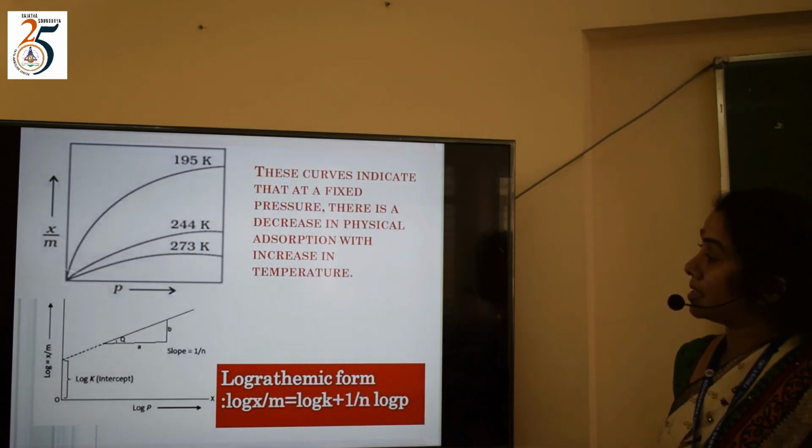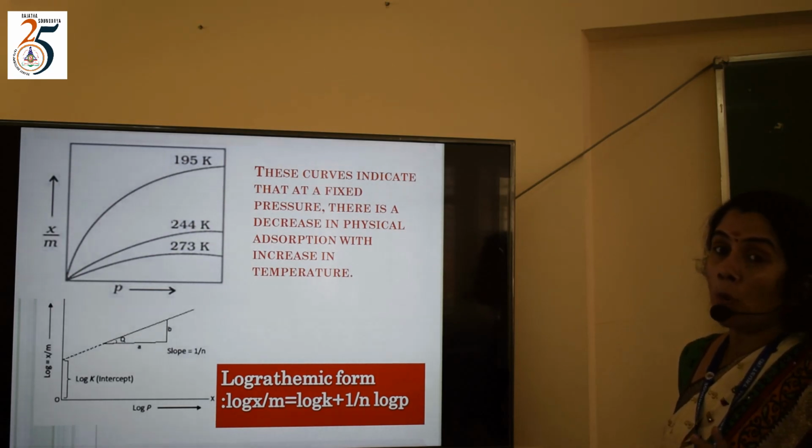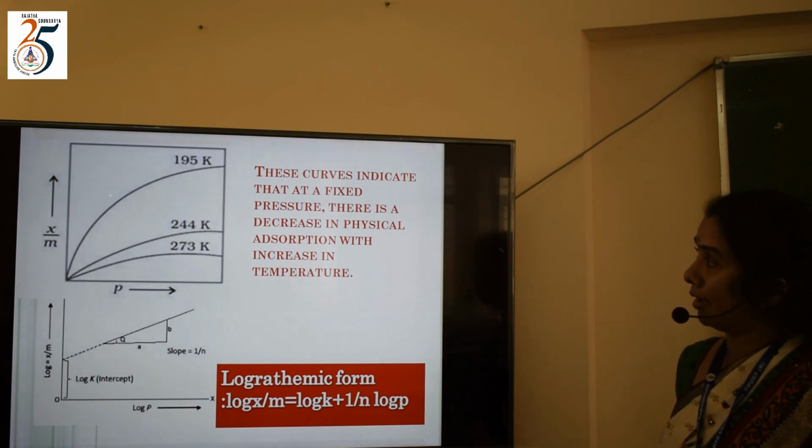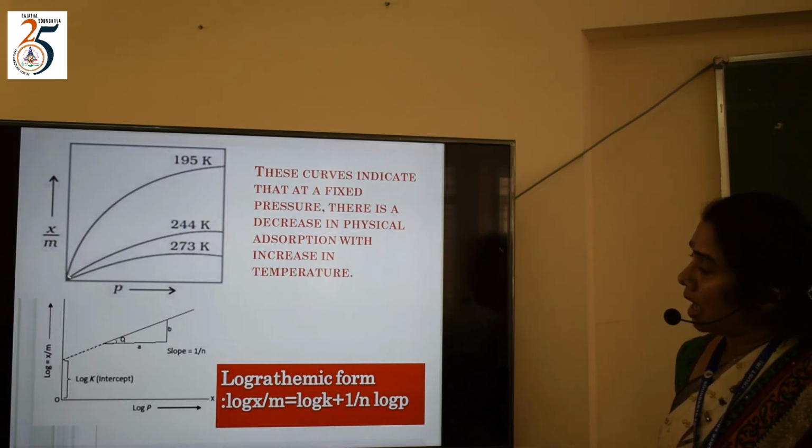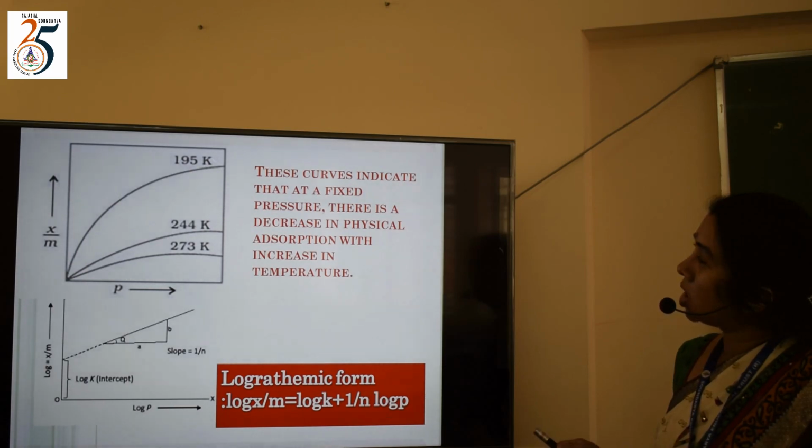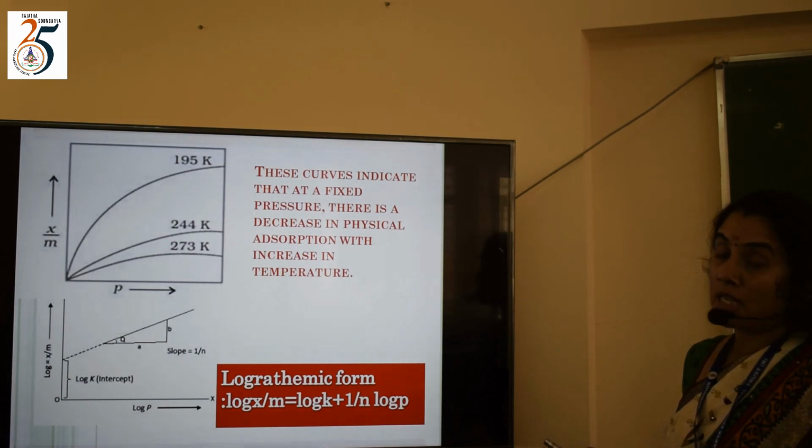So this is the graphical representation. Now when x by m is plotted against pressure, 3 graphs are shown here at 3 different temperatures. So 2 observations can be drawn from this particular graph. First, let us study the graph at 195 Kelvin. You can see that as pressure increases, the amount of gas adsorbed also increases. But after a particular pressure, the graph tends to become parallel to the y-axis, which indicates that the adsorption is independent